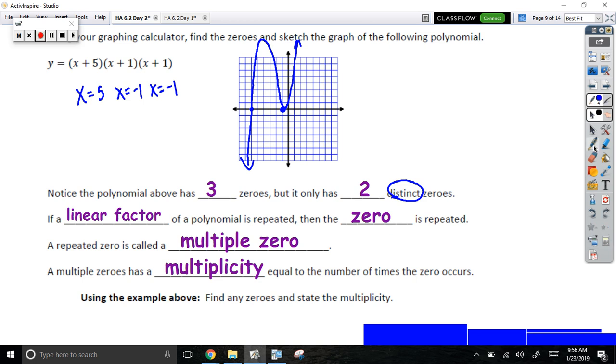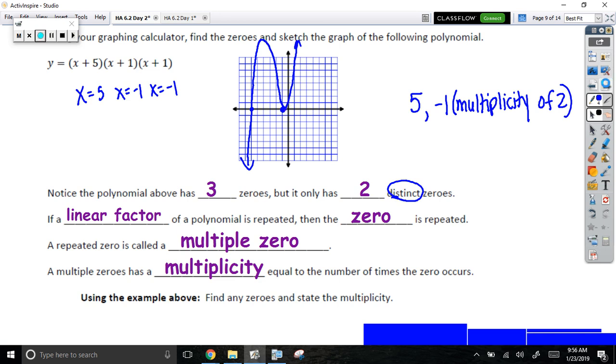So if I asked you for the example above to state the zeros and any multiplicity, you would tell me 5, comma, negative 1, and negative 1 would have a multiplicity of 2, because it occurs 2 times. Okay, if you want to abbreviate multiplicity with M-U-L-T dot, that's fine. But you can't just write parentheses 2, it has to be multiplicity of 2. And what that's going to indicate in your graph, if it's a multiple 0, it turns around